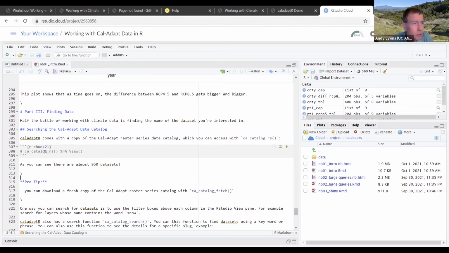Okay, let's go down to chunk number 21. We're almost done with this notebook and then we'll take a break. So you might think, oh my God, how am I going to find out the names of all of these climate variables? Because there's a whole bunch of them, right? So there is a copy of the Cal-Adapt raster series data catalog that comes with the package. It's basically a CSV file. And you can get to it by